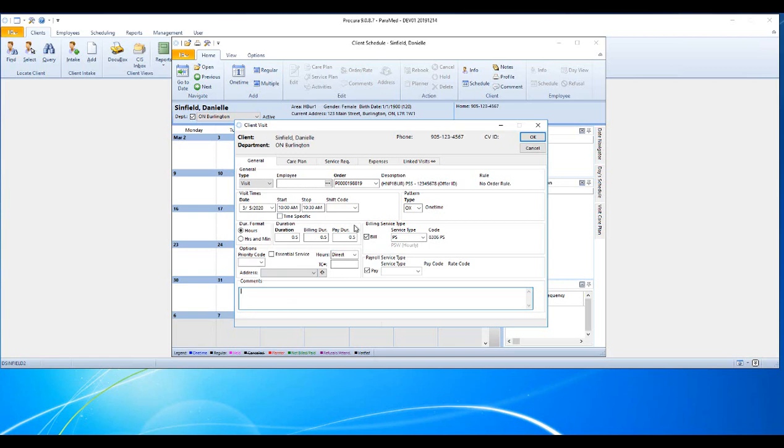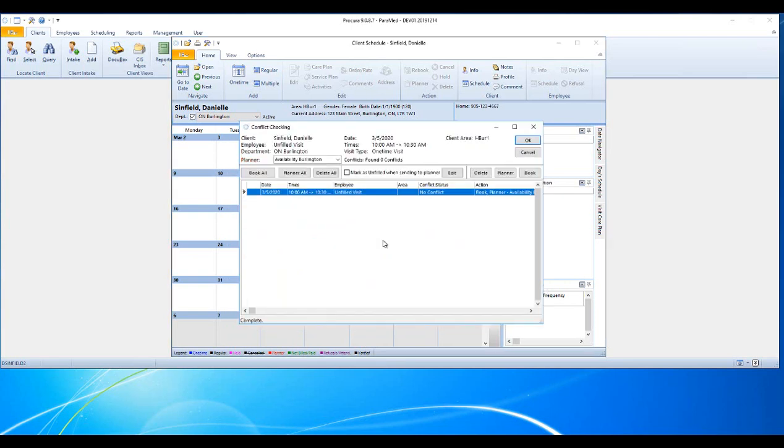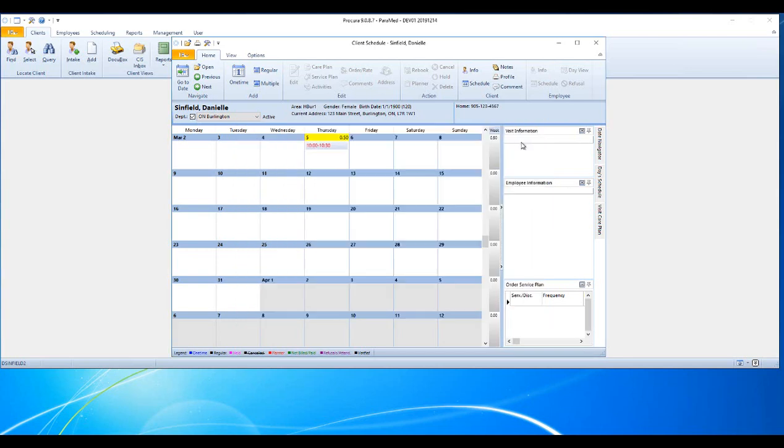Once all of our visit information is captured, we click on OK. Yes, we want to save the changes, and we get our conflict checking window. So the conflict checking window is going to show us any issues, conflicts that are present with that visit. Our conflict status tells us that there is no conflict. So the action is that it's going to book the visit, but send it to the planner because there is no field staff attached. So we click on OK,